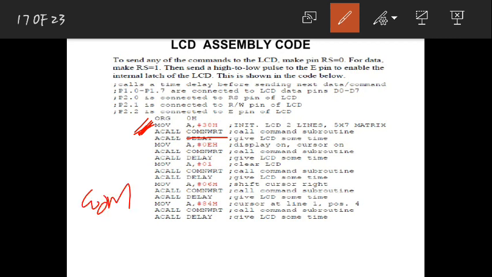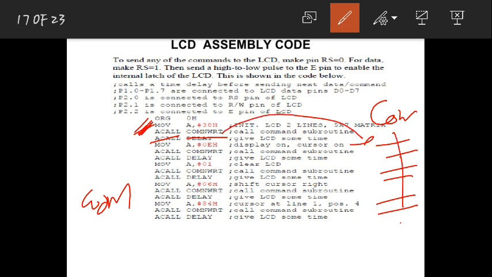Whenever you want to execute all those lines, those five or six steps I repeated in the previous slide, write them at one place and give it the name command. Whenever you want all this executed, I'll just call command. At this point it will jump to this subroutine, all those lines will be executed, and after the last line it will return back to here.